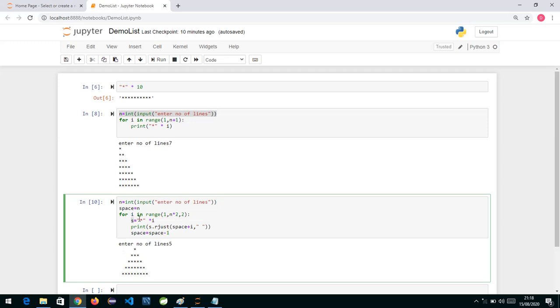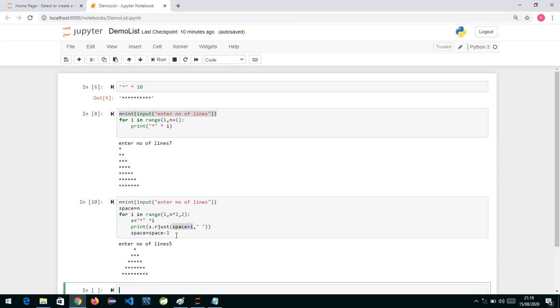See, the stars are also getting incremented over here. Initially inside this string we had how many stars? We had 1 star. After that, in the next pass the value of i would be 2, so 2 stars, and then 3 stars, and then 4 stars. So whenever the string is getting incremented, 1 star, then 2, 3 stars, then 5 stars, accordingly this rjust is also going to keep the spaces over here, and we'll have a pattern.